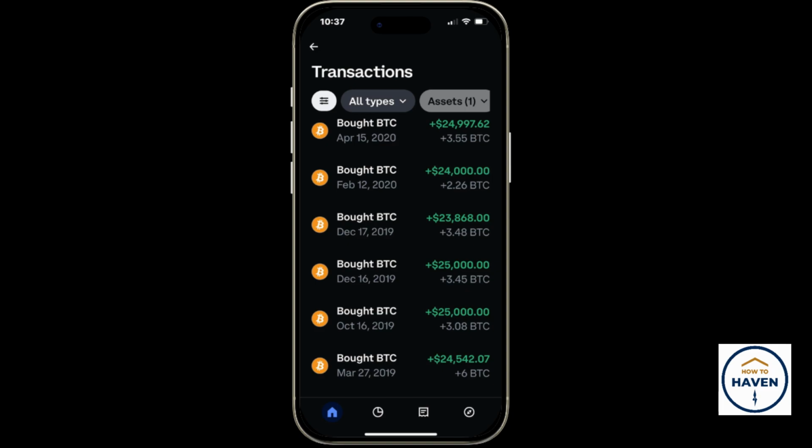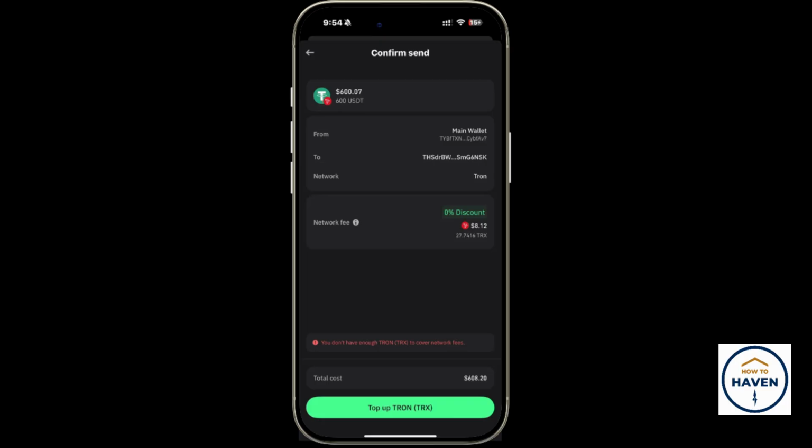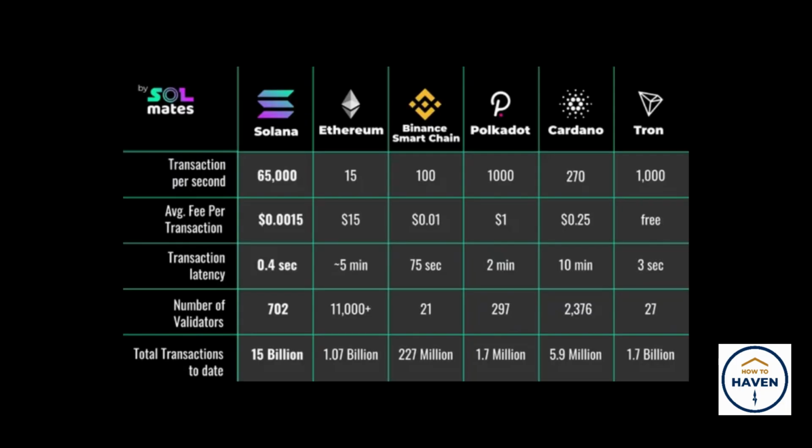In this video, I'll show you how to send crypto with very low fees by using the right wallets, networks, and transfer methods. First, understand that most crypto transactions always involve some form of network fee, but the amount depends on the blockchain you choose. For example, networks like Ethereum can be expensive, while others like Solana, Tron, or Binance Smart Chain usually have much